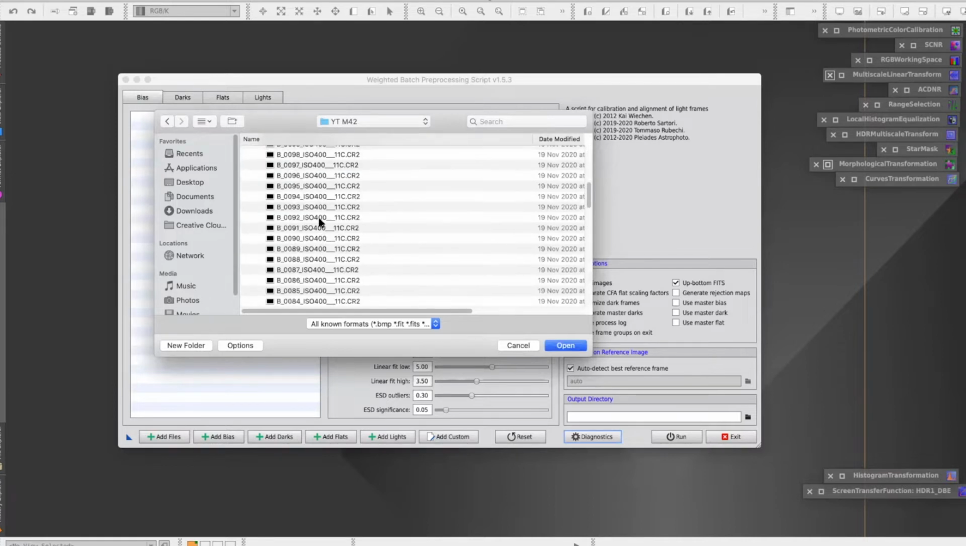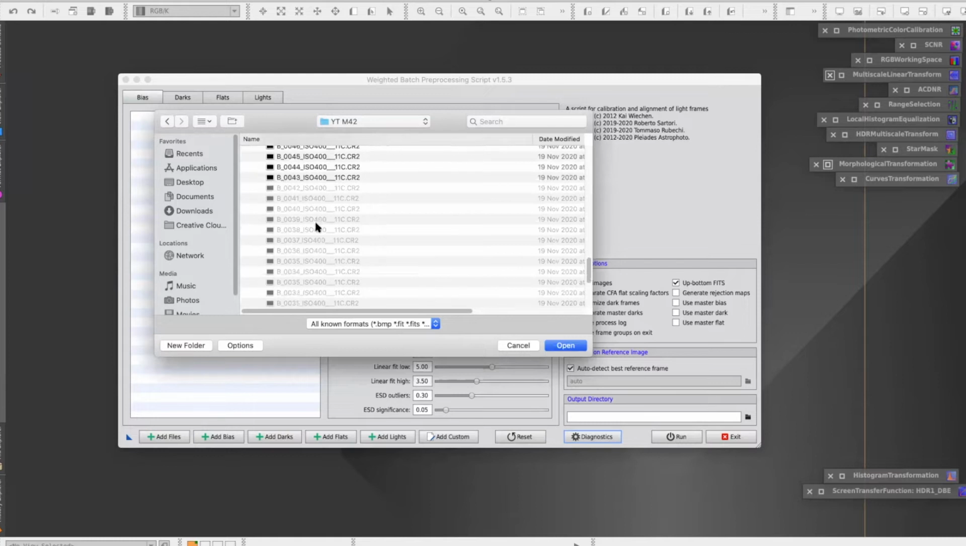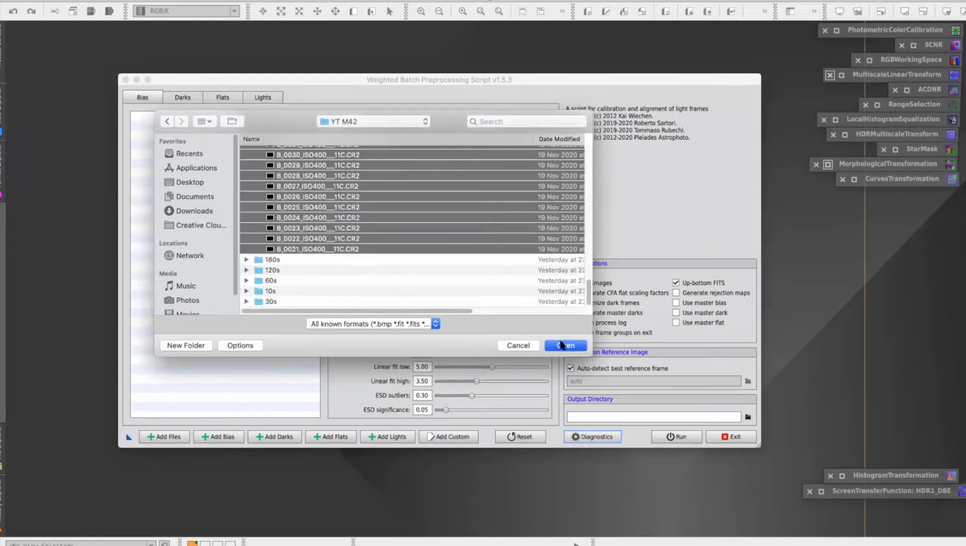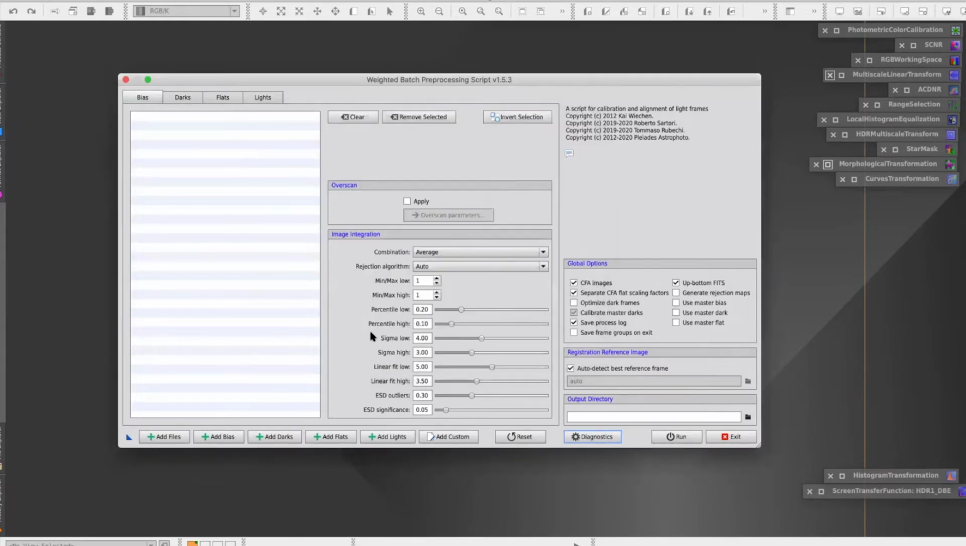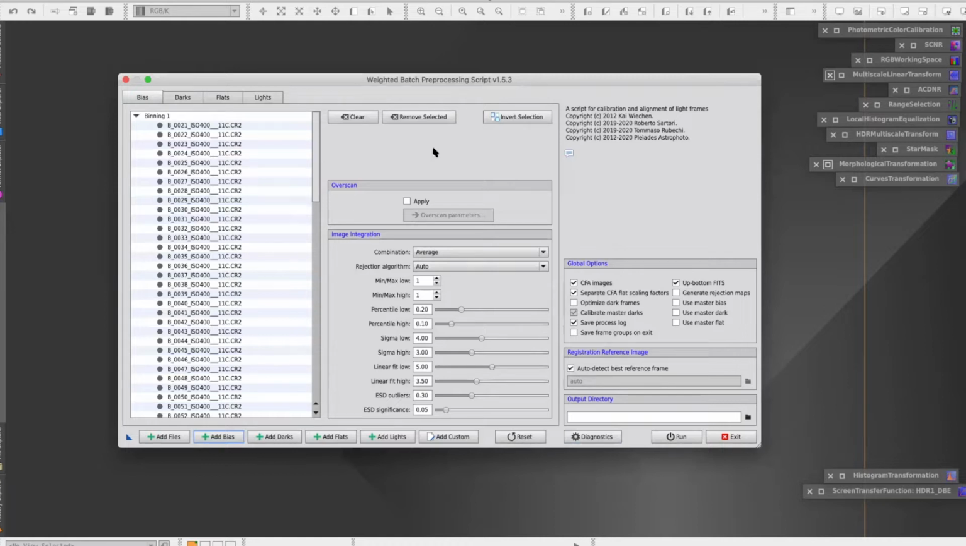And there's all my bias files again, the same ISO setting, and load them in. Okay, so the settings that we are interested in, if we go back to the lights tab,